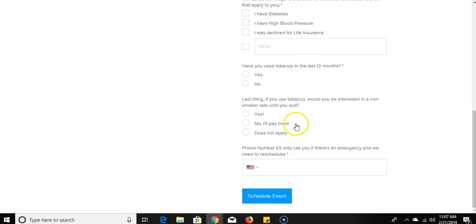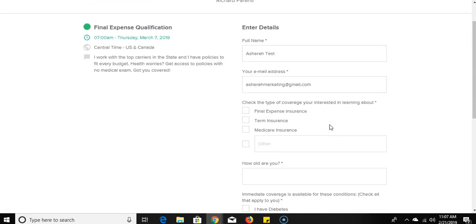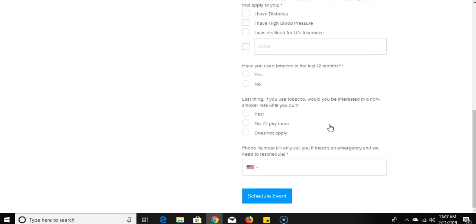I have used tobacco in the past 12 months. The last thing: if you use tobacco, would you be interested in a non-smoker rate until you quit? He's going into more and more detail. With questions, you definitely want to try to keep them to a minimum, meaning only what is absolutely necessary. But I'm just giving this to you as an example of some of the things that you can do when you are presenting the opportunity for them to book their own appointment